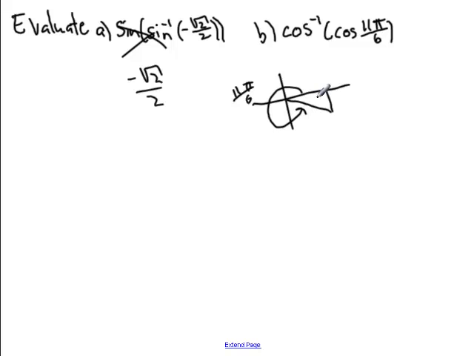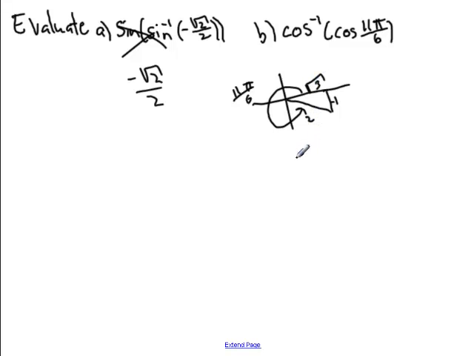So we would have the classic 1, 2, square root of 3 triangle. And since we're below the x-axis, it would be a negative 1, 2, square root of 3 triangle. So the cosine of 11 pi over 6 would be equal to the adjacent side, which is root 3 divided